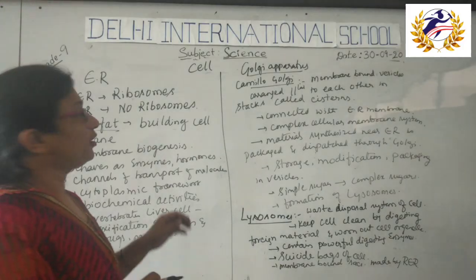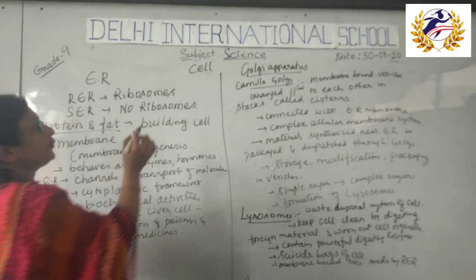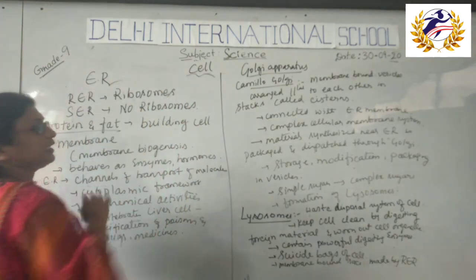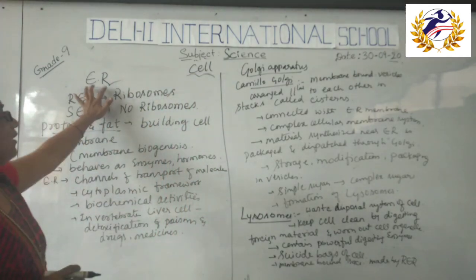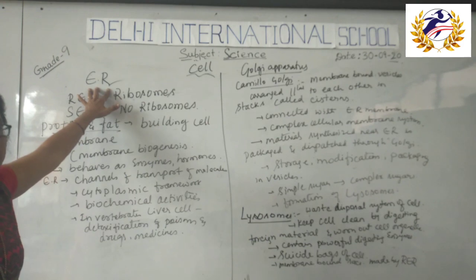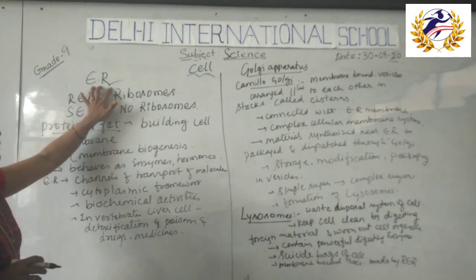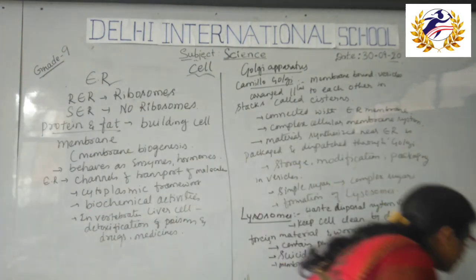Okay, dear students. So today we will continue the chapter cell. We will continue with the next cell organelle. Some part of endoplasmic reticulum we have discussed in the last class. So endoplasmic reticulum. If I show you the diagram,